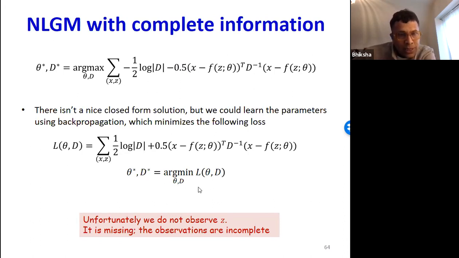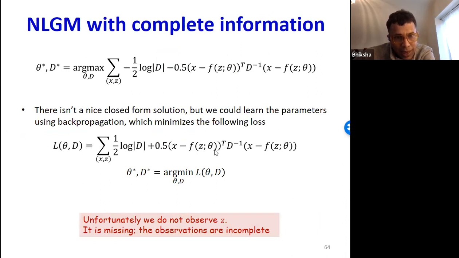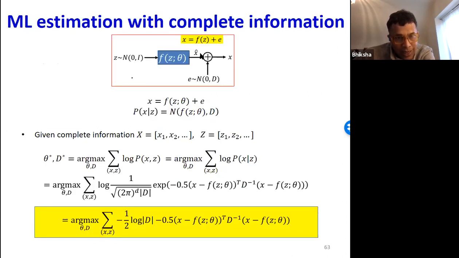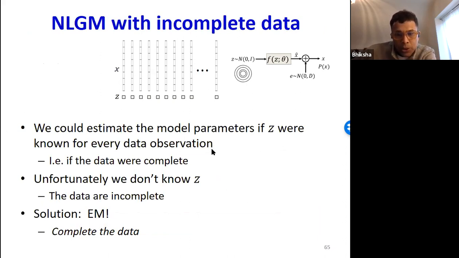The only tricky piece here is how to compute the derivative of this function with respect to theta, and we know how to do it. You know how to write autodiff, you know how to perform backprop. This is literally like saying I'm putting z through f, the target output is x, so x hat must be as close to x as possible. I'm going to minimize the L2 loss between x hat and x and perform backprop, and I'm going to learn theta. Easy. We know exactly how to do this. So we know how to derive the parameters of the model if z was known for every data observation.